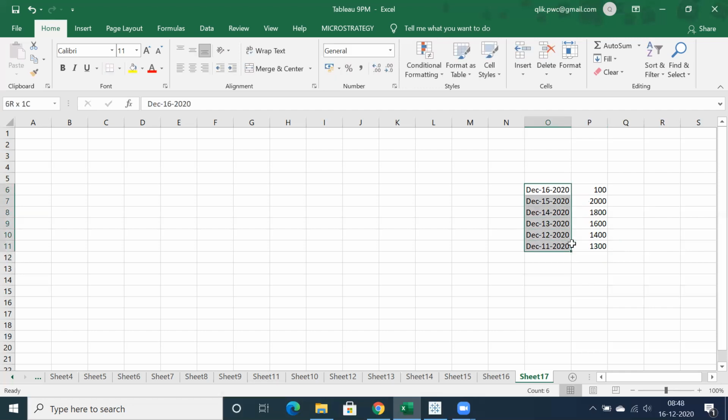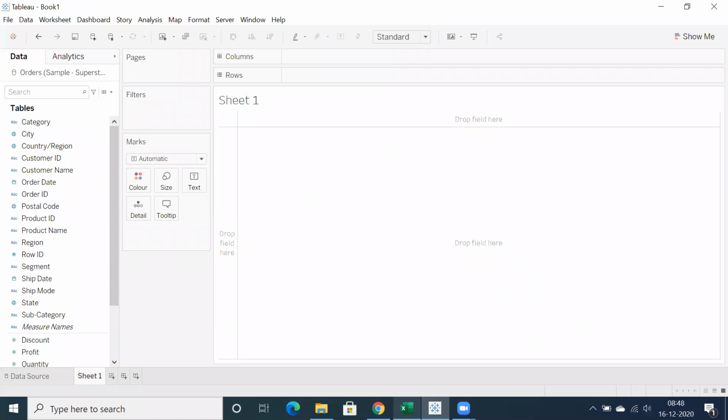So this is the last 6 days of data. But my point is, I'm not going to apply any filter. Let's consider this is the data available in the data source. My point is, if we load only the data which is available till December 15th into Tableau, okay?